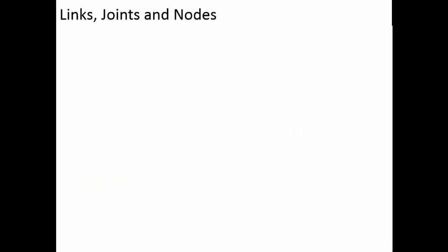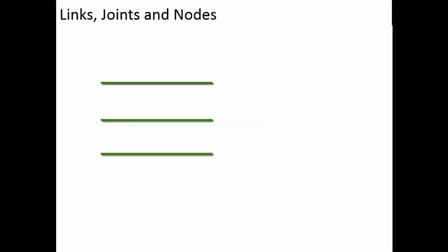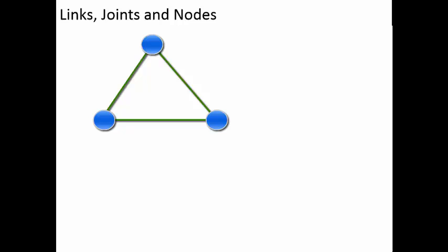Now in order to have a joint, you require at least 2 links. Whenever you have 2 links, if you put a pin in between to connect them, you will have a pin joint so that they have a rotating motion. If they are sliding one inside the other one, we will say it is a linear joint. Now if you have 3 links and you connect them at their corners, then it will be a structure because no relative movement is possible. So that is also something we have to understand.